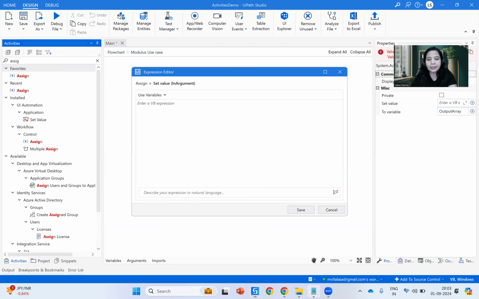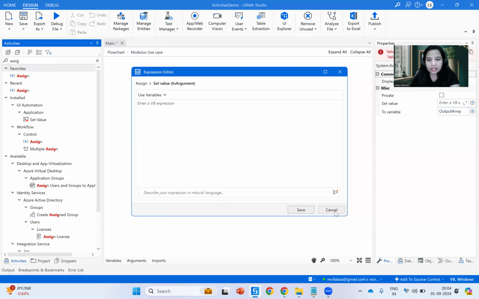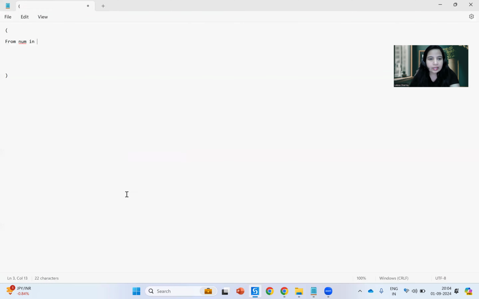So basically, let me come to a notepad and tell you how this LINQ functions. You will have to write it in two parentheses, guys. Opening parenthesis and closing parenthesis, from which the first statement is going to be a from. So you got to tell the robot or the compiler from where it has to actually apply this LINQ query. So say suppose in this case I'll be saying num in what is the variable we have created. We have created an initial variable called numbers array, right? So I will be saying from num in numbers array,